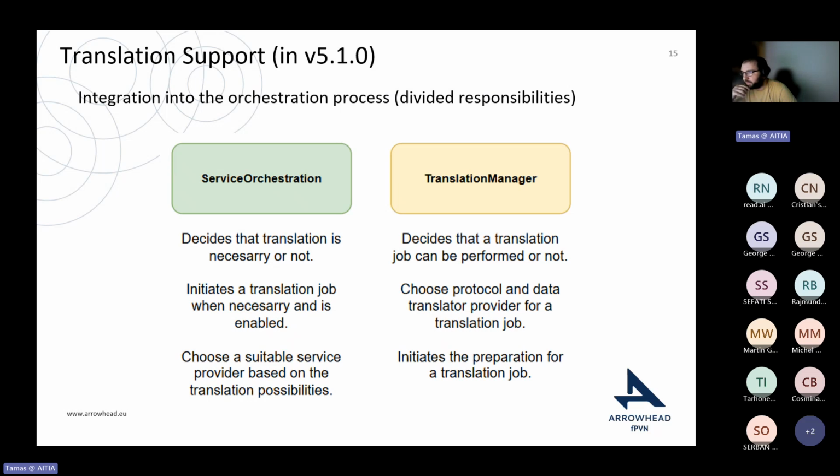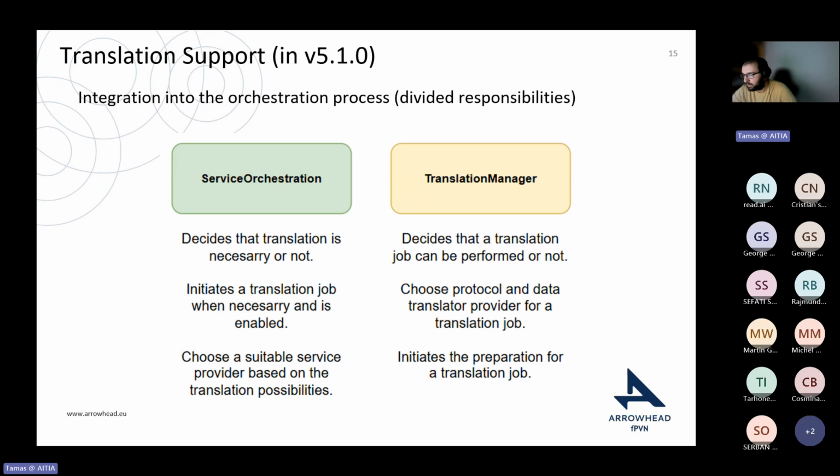And if yes, the translation manager will be asked to check or to decide whether the translation job can be performed or not, meaning that there are proper protocol and data format providers available in the local cloud or not. And if yes, the service orchestration can initiate a translation job when it's necessary, and the translation manager is able